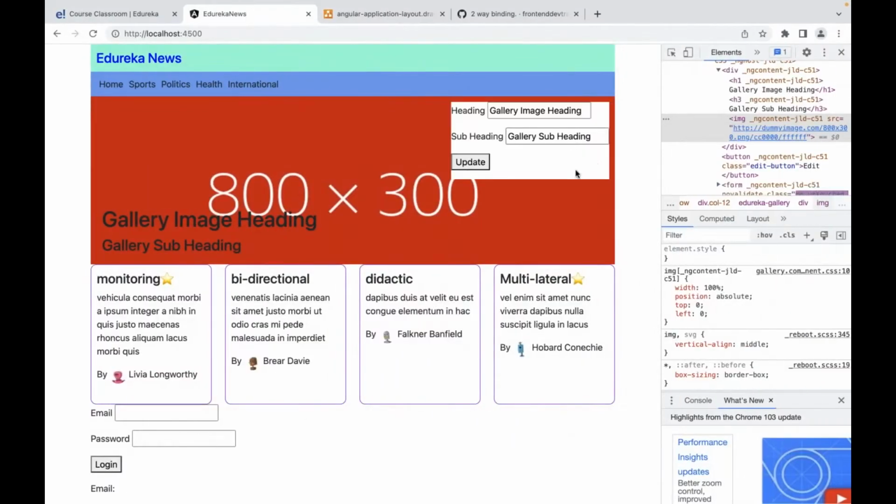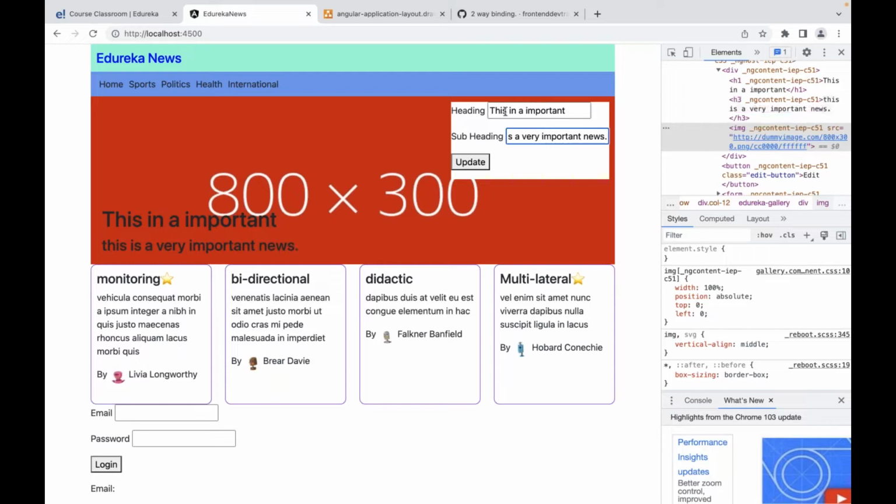Now if I run this code, yep, now it is correct. So it has gallery image heading, the first value, and the second value is subheading, which is shown over here as subheading. So now when I change over here, this is important news kind of article, and over here I'll write this is very important news like this. So you can play with the content over here just to see how that has been